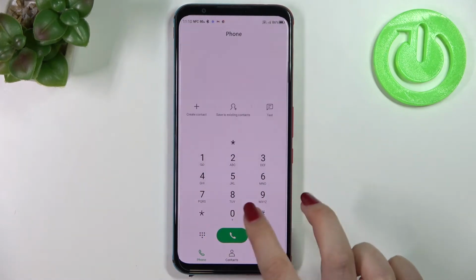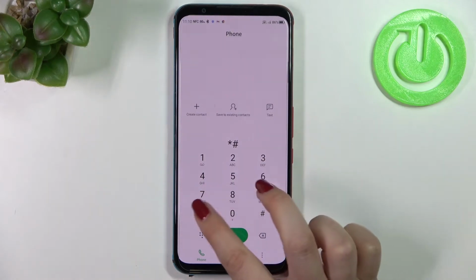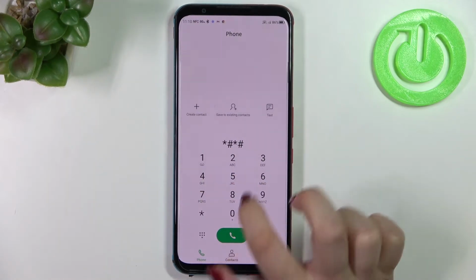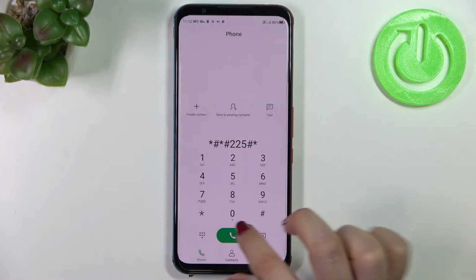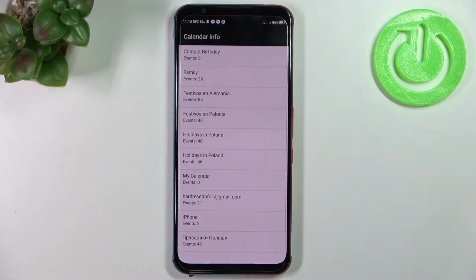And the code is pound asterisk pound asterisk. As I said, we are in the calendar info, so here we've got all the